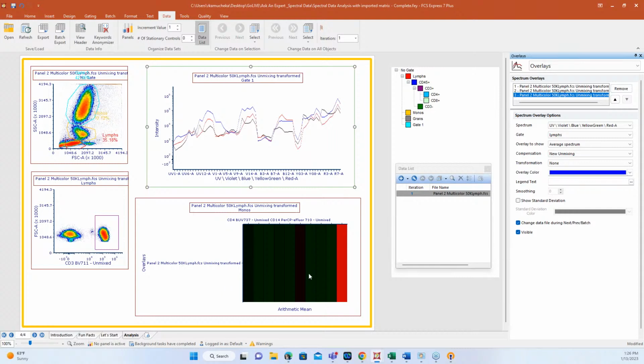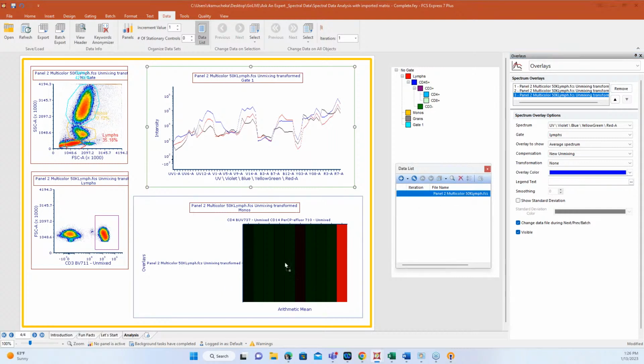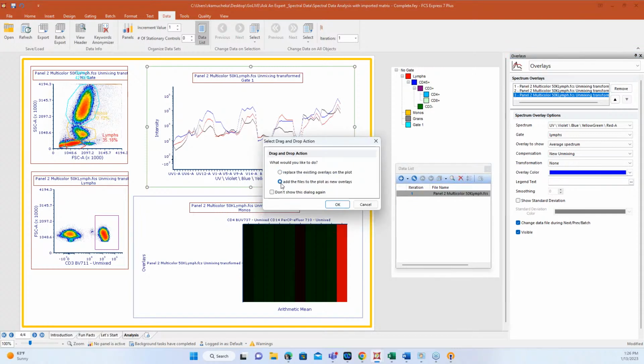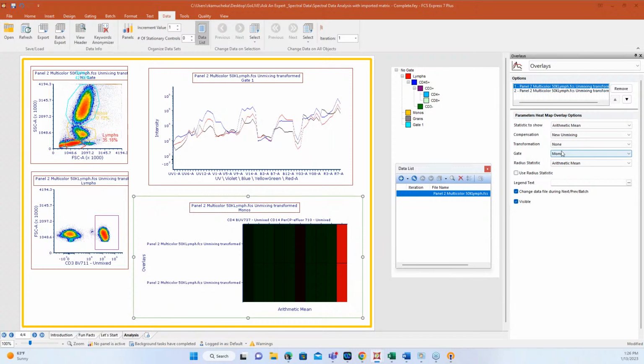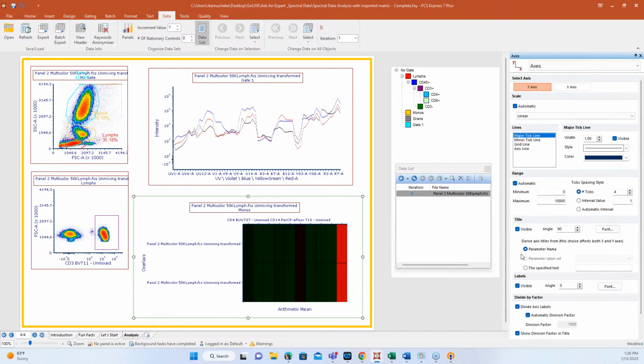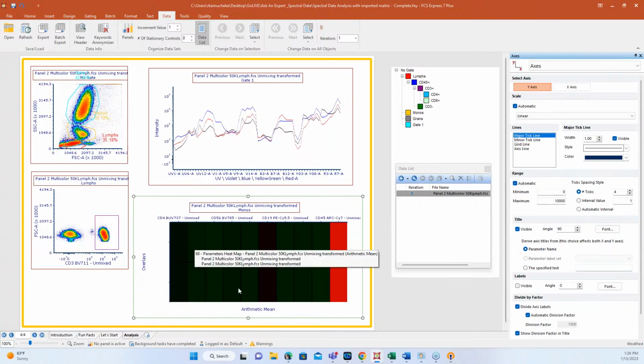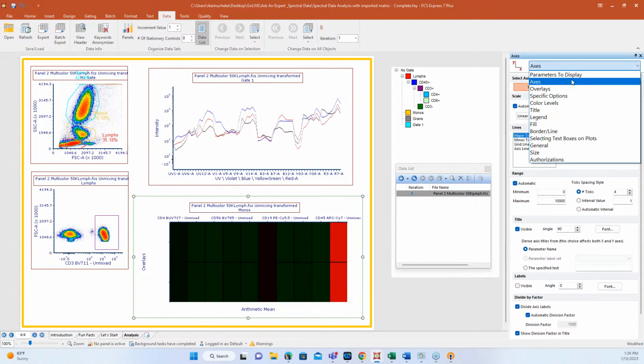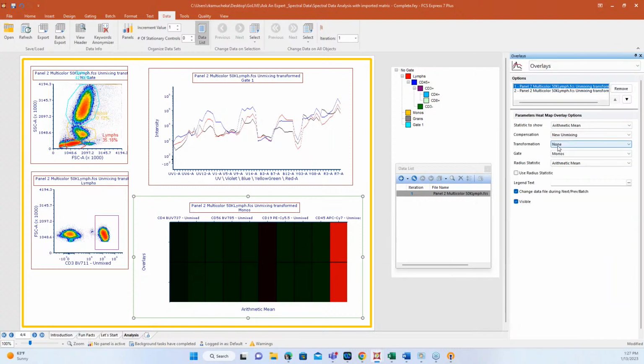Having the ability to compare things is my favorite thing. When you have these big panels and you have 40 different colors or a bunch of different things showing, being able to format things and make sure that you're getting the best visual is probably my favorite too. Right now I'm going to just take this off. We're looking at the same sample. But if I format this a little further, I can start telling the software what gate I want to look at. If I'm looking at the monos gate here, great. For the second sample, maybe I want to look at the gate one. We can keep dragging this on, and then we can start seeing on and off features from our data.